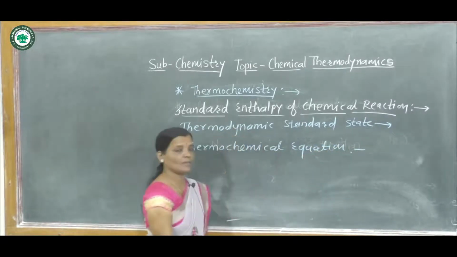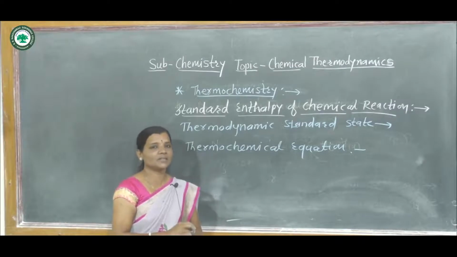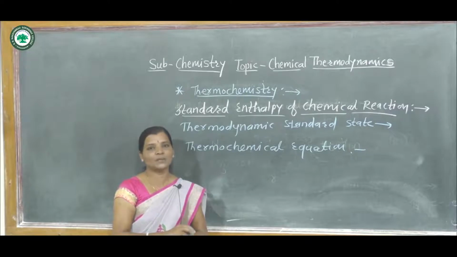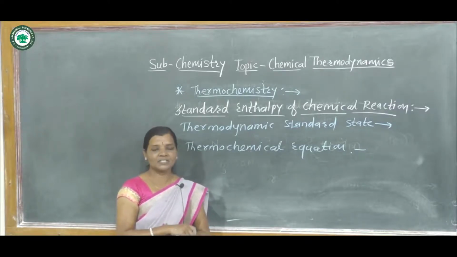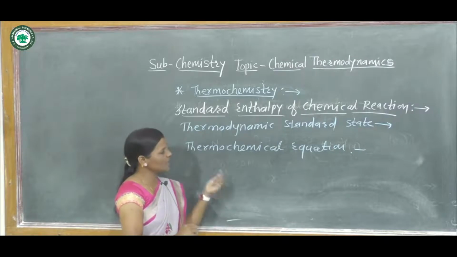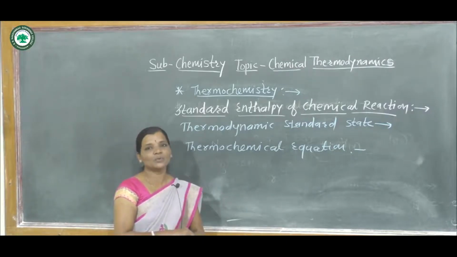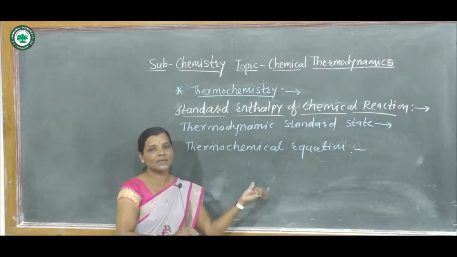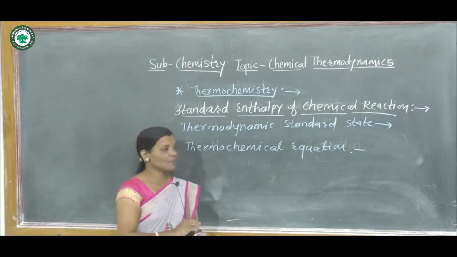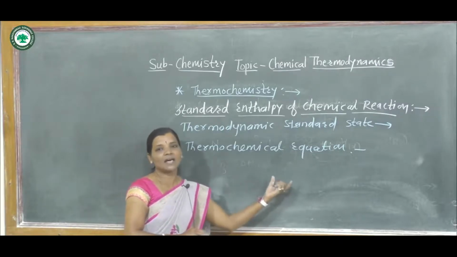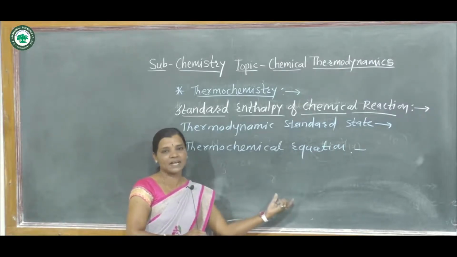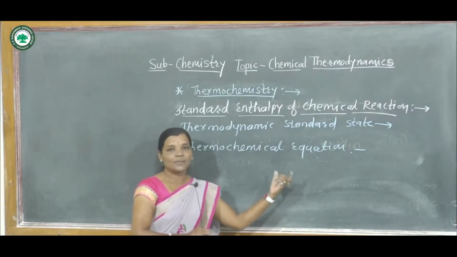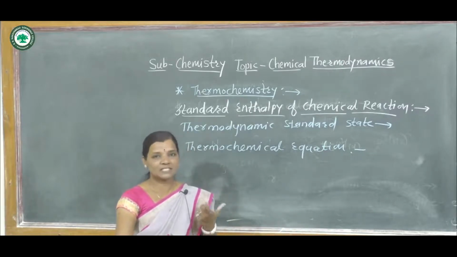Now what is a thermochemical equation? Generally, we write any chemical equation in a balanced form with respect to the corresponding coefficients in the given chemical reaction. Like that, for a thermochemical equation, we have to consider the balanced chemical equation, and at the right hand side, the enthalpy change is indicated by a particular value with appropriate sign.